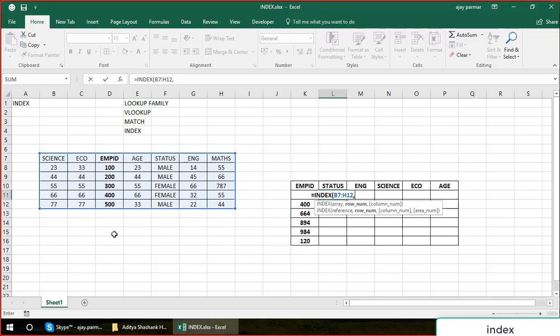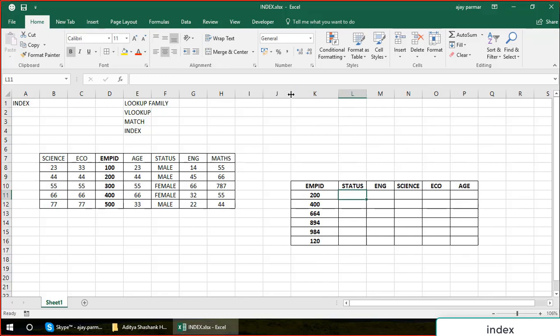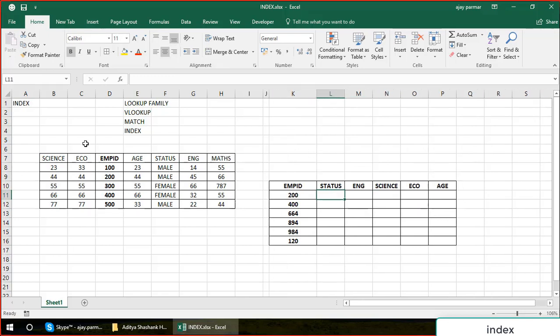I cannot say the column number because every employee ID is on the same column. So there's no sense of considering the column number for the employee ID. So these are the things you need to take care of. Now when you use this function, the index, you have to define what is, in this table, the row number of employee